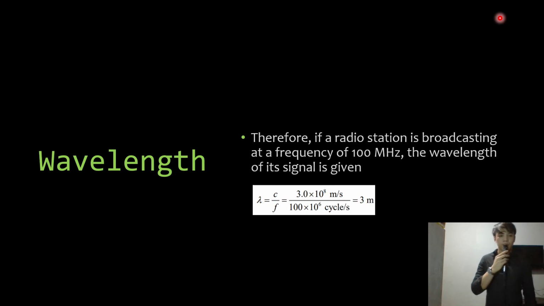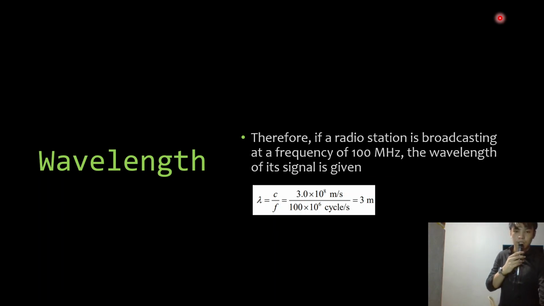Therefore, if a radio station is broadcasting at a frequency of 100 megahertz, the wavelength of its signal, lambda, is equal to 3.0 times 10^8 meters per second over 100 times 10^6 cycles per second,